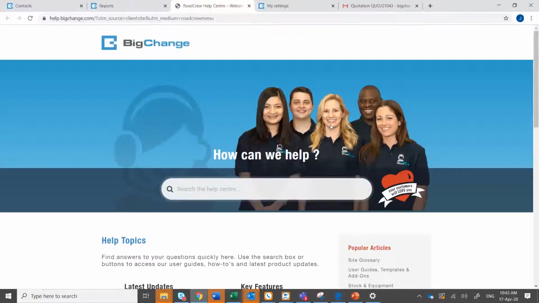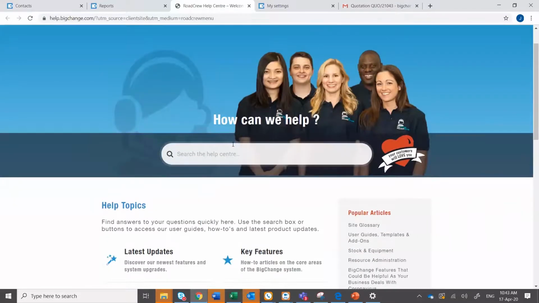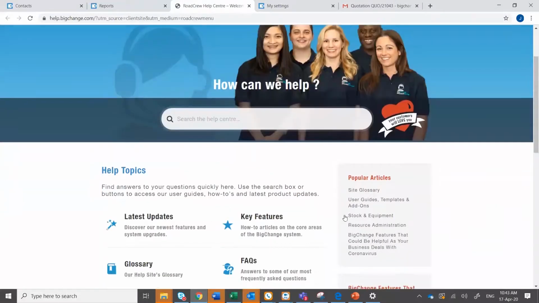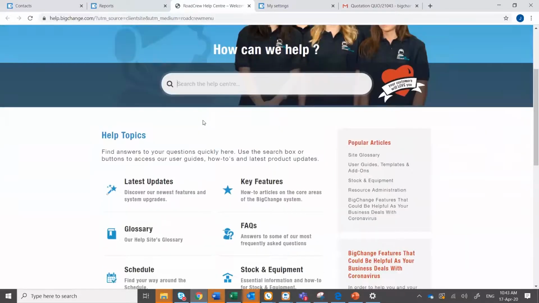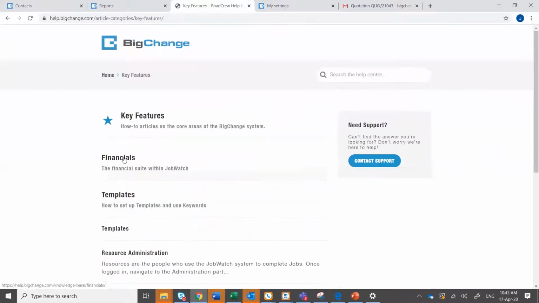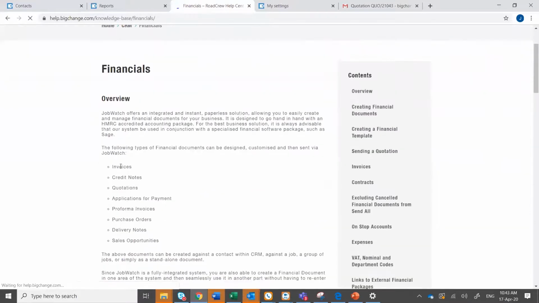For those of you who haven't used this before, it's a must do. We've spent a lot of time on building this up over the years. There are some great videos and great articles on here, and it's quite simple. You can either click into here and search for an item, or we can just go into key features and see what comes up. There you go, financials. So in your own time, if you're wanting to explore,